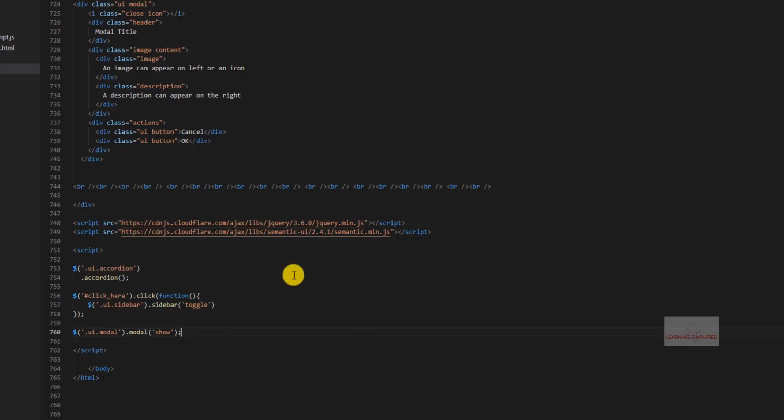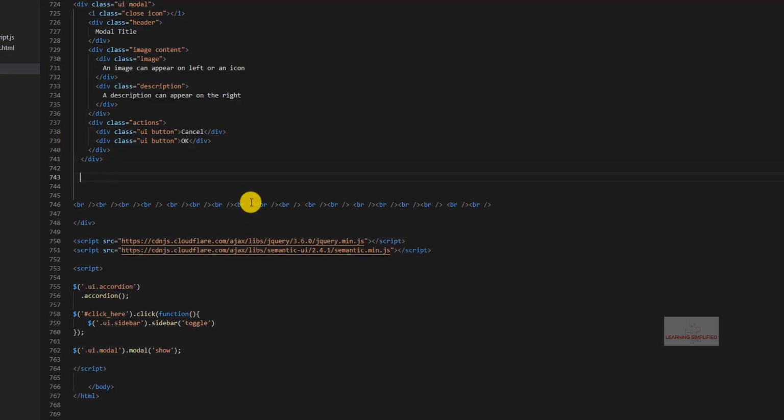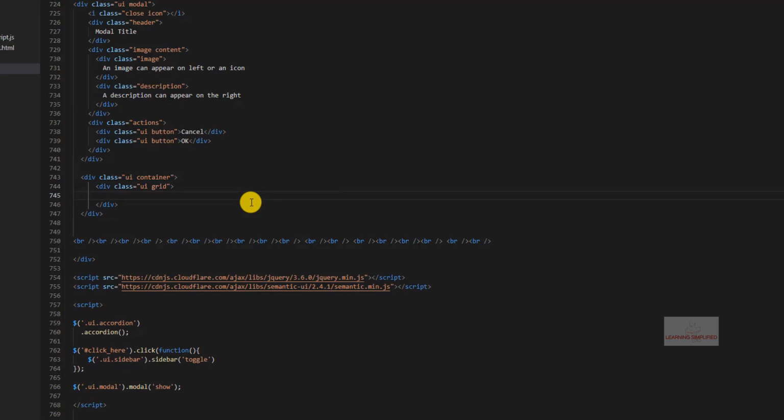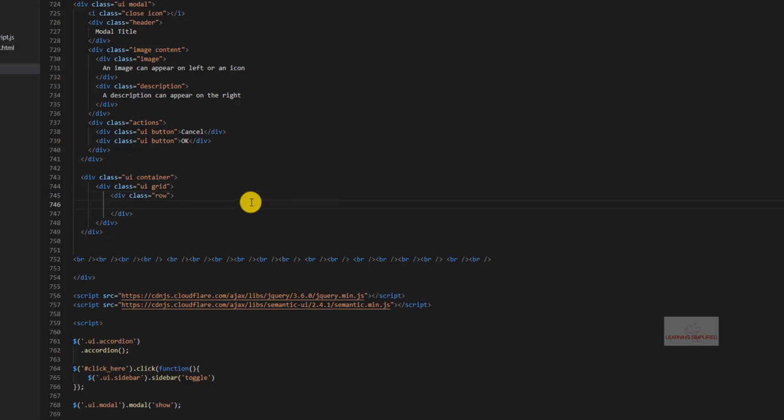But how? Let's head back to our text editor, and in the very first place we need to create the button element which we will be using as the toggler, on clicking which we will be able to toggle the model action on our page. So that is why we will be creating it, and to put it right at the center of our web page, we need to put it into some kind of container. So this is what we are practically doing right over here. We are creating a container.